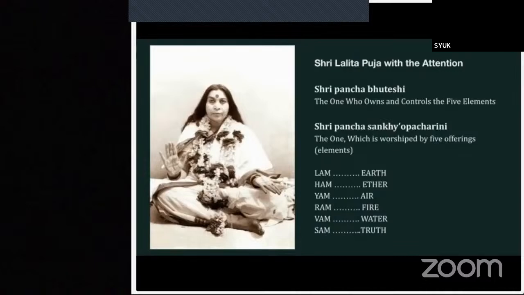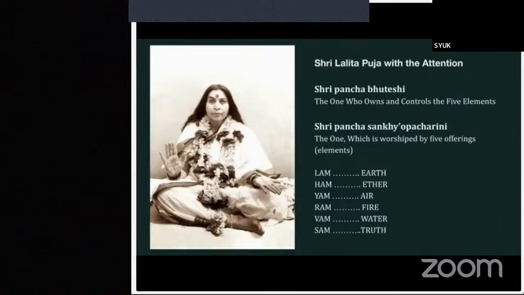This short little puja can be done before reading the Sri Lalita Sahasranama, the 1,000 names of the goddess. In these names, we find that the 949th and the 950th names indicate that the goddess Lalita accepts these offerings of the Bija mantras and things that symbolize the 5 elements.